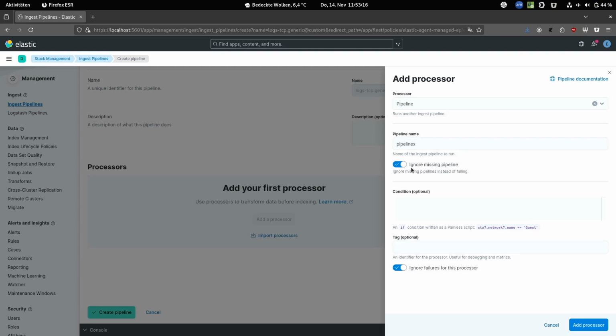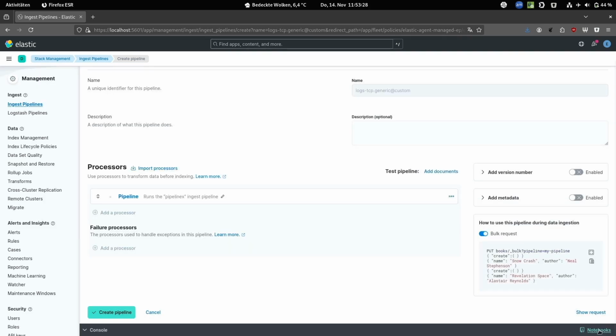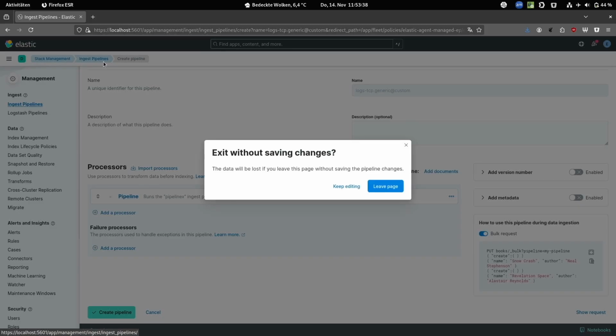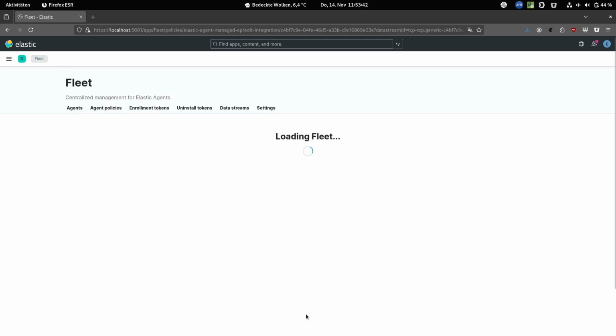This is when I'm doing the stage build. Most of the time I start here, and maybe then I create the routing pipeline destination. So that means I already told the integration to use a custom ingest pipeline.